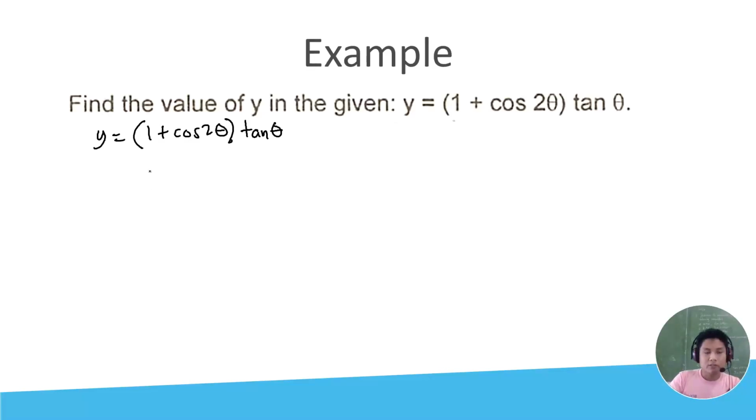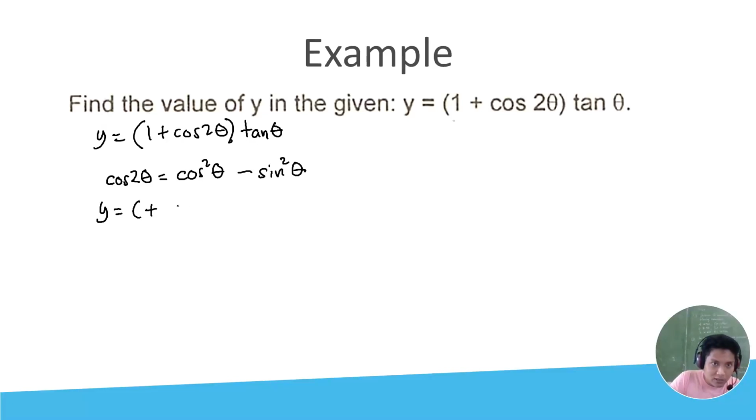Recall the equivalent value for cosine 2 theta. For cosine 2 theta, it is equal to cosine theta times cosine theta, or cosine squared theta, minus sine theta times sine theta, or sine squared theta. Now, if I'm going to substitute that here from the original equation, we will have 1